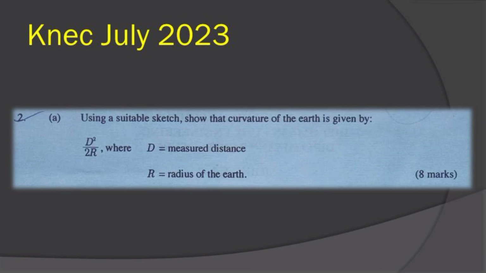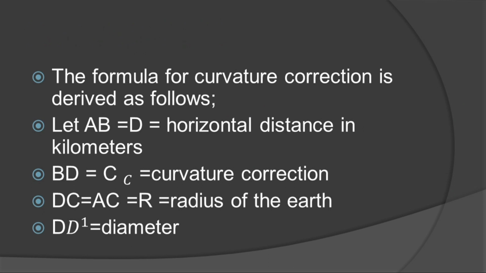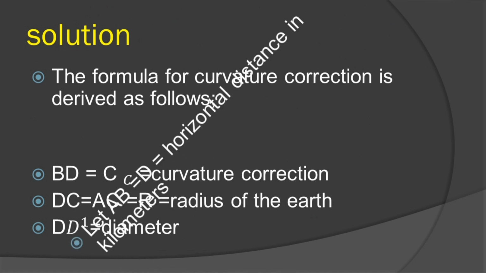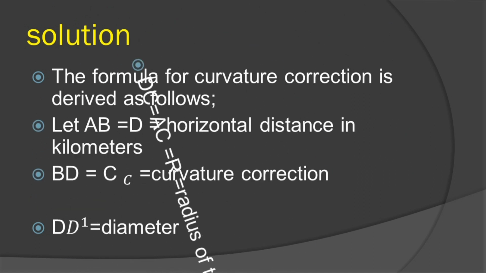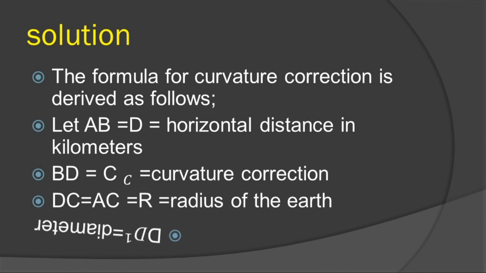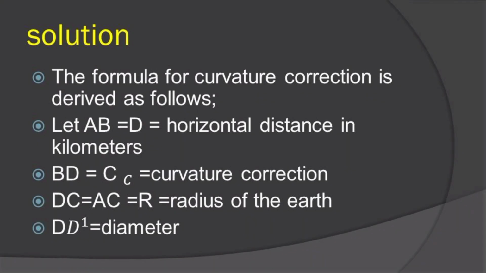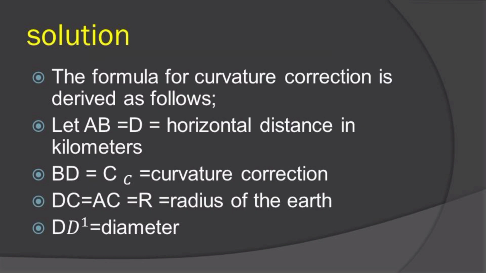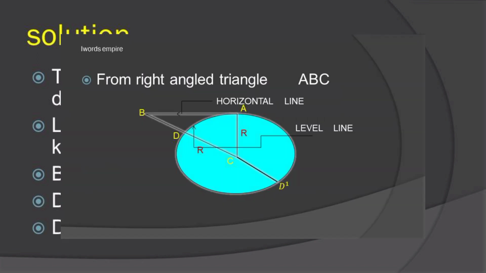So this was a wonderful question to be set for the learners, at least to know something. So you have been theoretically saying the earth is spherical, but here is how we can prove that is right. From the formula of curvature correction, we can derive the following. Let's go ahead. I will illustrate the diagram there, you can observe. So let AB, that is distance AB, is equals to D that we have been given there, the D, the